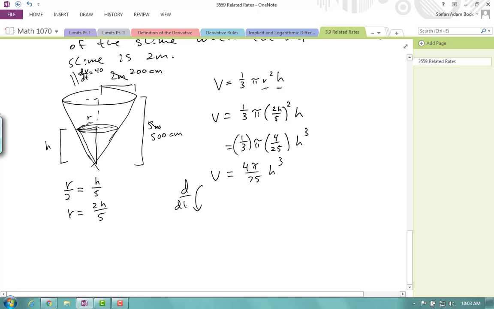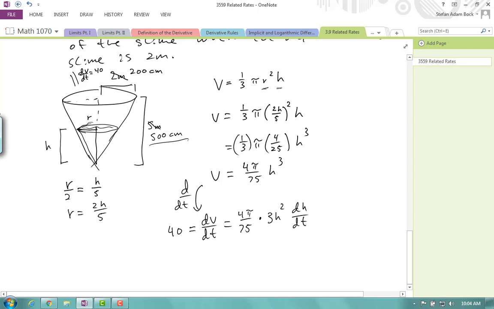So, with respect to time, I have my dV/dt equal to 4π over 75 times 3h squared times dh/dt. Now, I want to know the rate of change of the height, and I already know that dV/dt is equal to 40. So what I need to do now is plug in my height of 2 meters, or